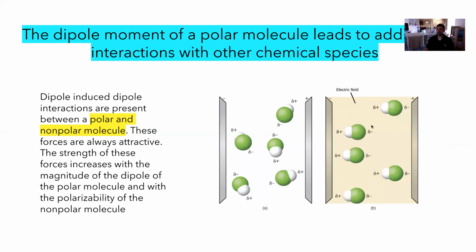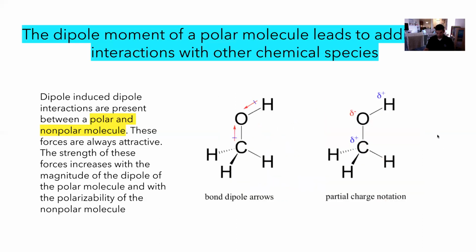So something like carbon dioxide would not line up in this electric field. Anything with non-polar bonds would not line up in this electric field. If we put in the electric field, all of the slightly negative sides will be attracted to the positive side of the electric field. So one more thing to keep in mind, when we represent a polar molecule,